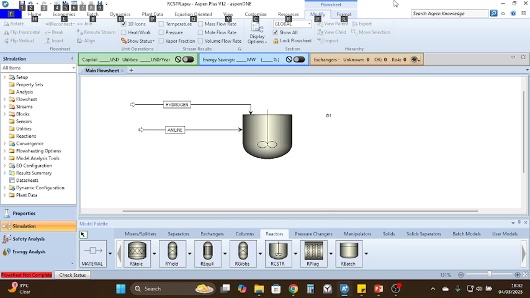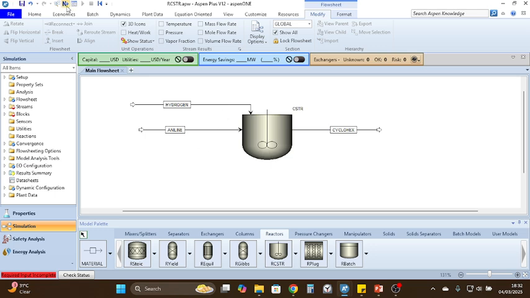So once we have specified the input streams, next we have to specify the product stream. The product stream is our cyclohexylamine. So this is cyclohex. Let us rename this block as CST. Now once we have connected the streams and specified the input and product stream, our next work is to specify